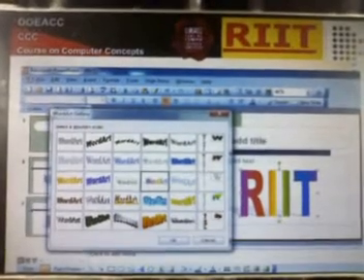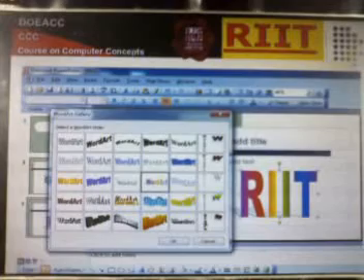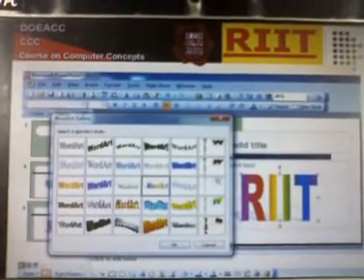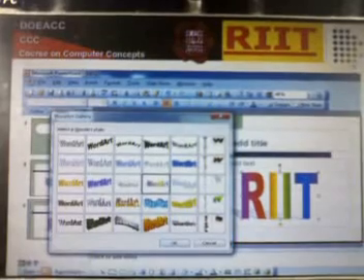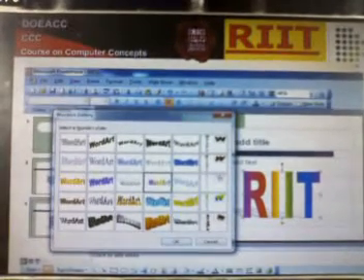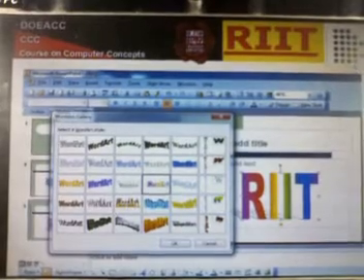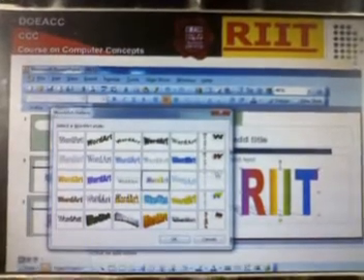In this image we can select any Word Art gallery design and then click OK and then type something, for example RIT, to display these formats.